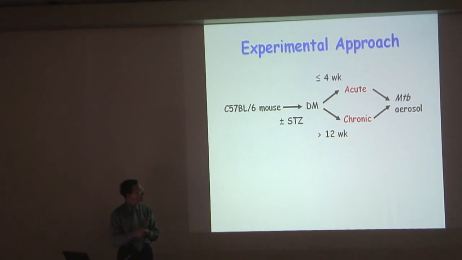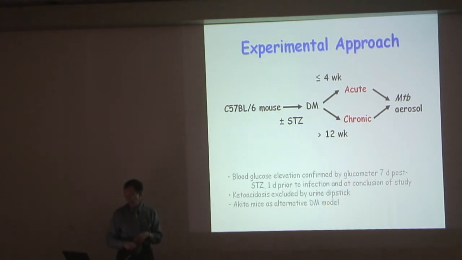So after we made those mice susceptible, we put them in our aerosol TB model. And just by way of mentioning a few points, we excluded mice that developed diabetic ketoacidosis. Very severe insulin deficiency produces an acute metabolic derangement of ketoacidosis, which has effects on immunity, but this is a rare problem, and I wanted to avoid that, so we did. Streptozotocin is not the only model that we've used for these experiments. We've done similar experiments in a mouse strain called Akita that spontaneously developed insulin deficiency. And we've done a small number of experiments with a mouse strain called Tally-Ho, which developed type 2 diabetes,